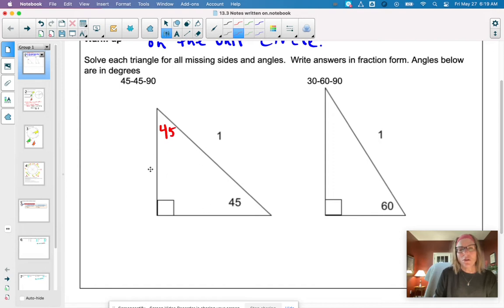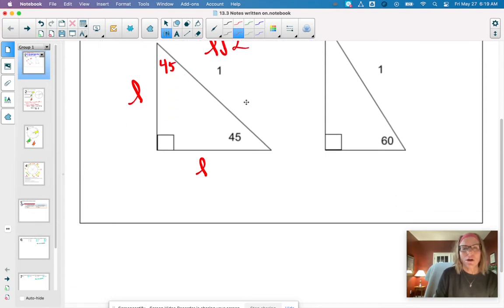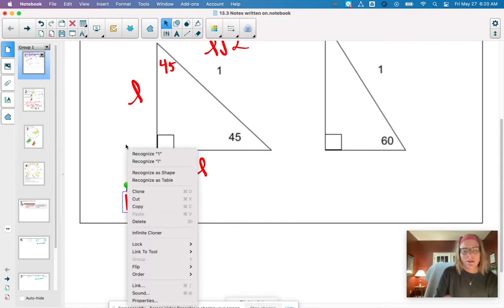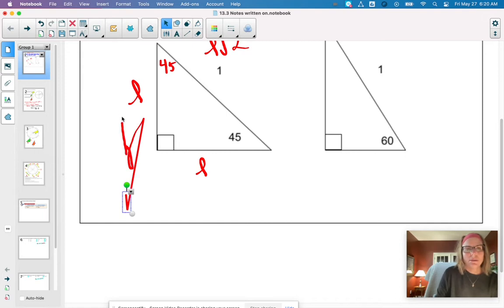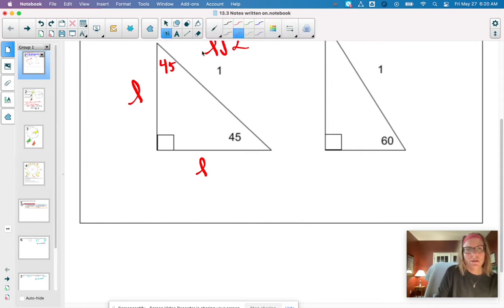The reason I know that is all of the angles have to add up to 180 in a triangle. In a 45, 45, 90, we know that the two legs of the triangle, I'm going to call them L, are equal to each other, and the hypotenuse is L root 2. Recall that our job is to start with what we know, which is the hypotenuse. And what I'm going to do is set 1, which is hypotenuse, equal to L root 2, and I'm going to solve for L by dividing by